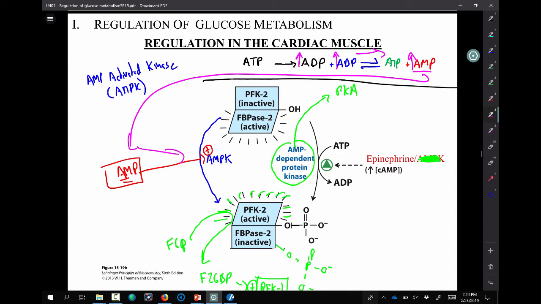Now the name of that enzyme, let me write that down here. Of course, I'm running out of room, but I'll draw it over here. This is adenylate kinase. And it's not only found in cardiac muscle or skeletal muscle, it's found in all tissue types. In every single one of your tissue types, you have this molecule, adenylate kinase, that can do this. And it's reversible in all tissue types. So it can go in the opposite direction too.